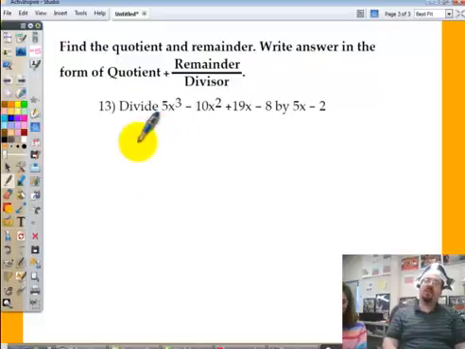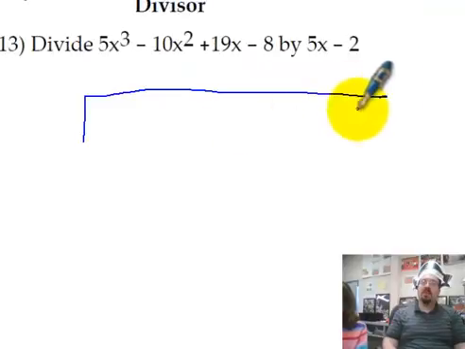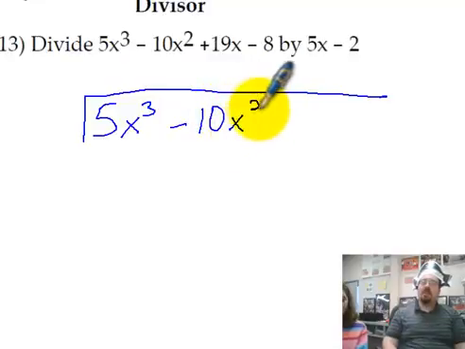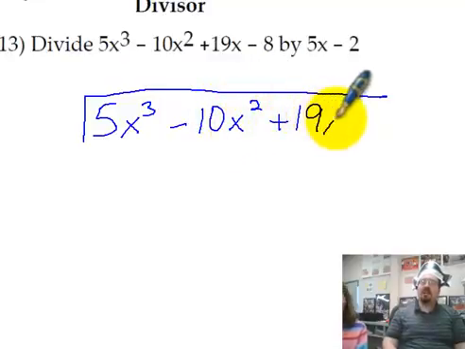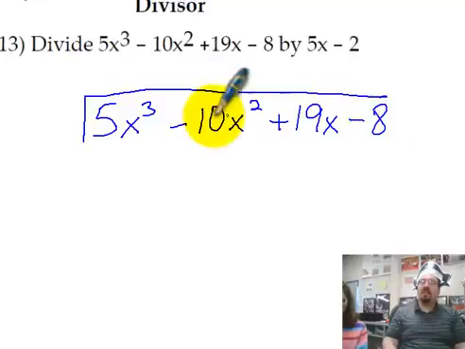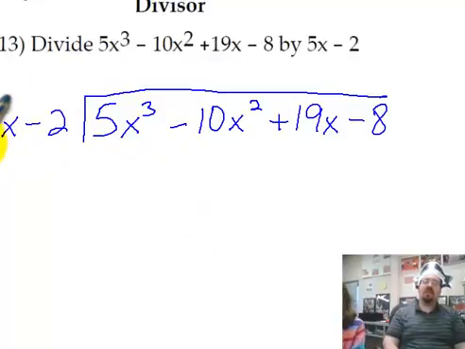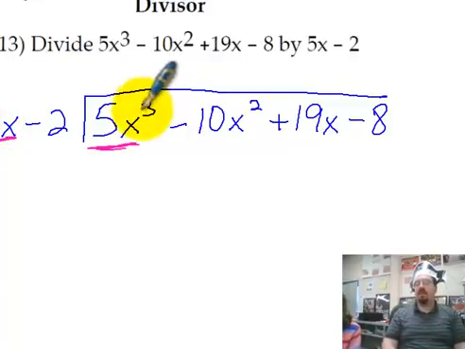Okay, so I'm going to use long division for this one. So let me draw a little line here. And I put 5x cubed in there, minus 10x squared, plus 19x minus 8, and I'm dividing by 5x minus 2. And then what I do is I look at the leading terms here, and I say, what would I need to multiply 5x by to make it 5x cubed? So that would be